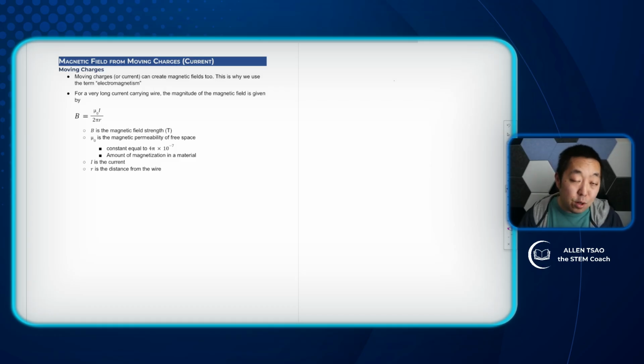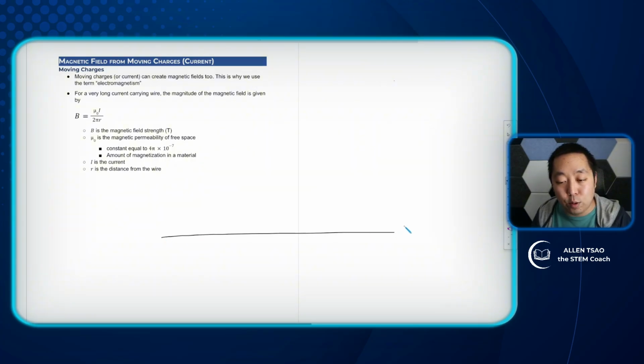Okay, so the other way we can create magnetic fields is from moving charges, which is why we sometimes call this electromagnetism, because we're going to be talking about it in terms of charges, which is building up from there. So when charges move, they can also create magnetic fields, and this is why we use that term electromagnetism. So the most common scenario we're going to talk about is if we have a very long current